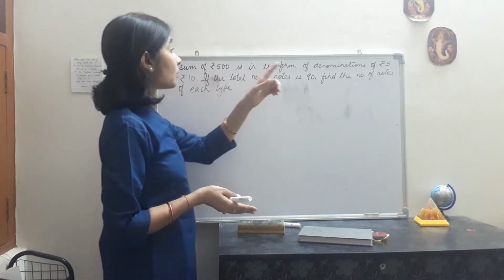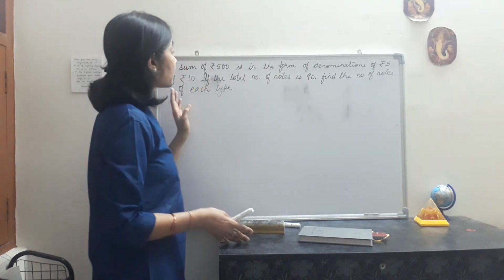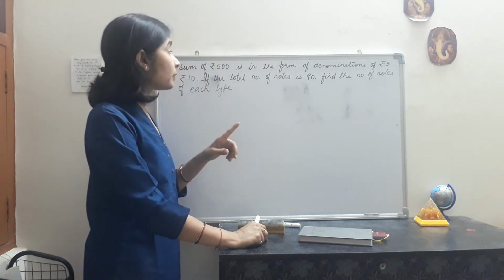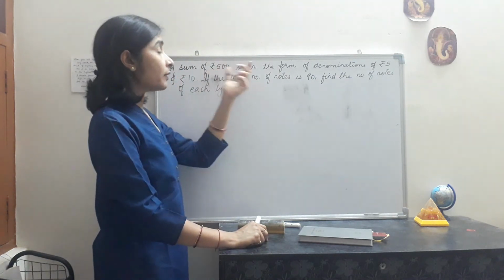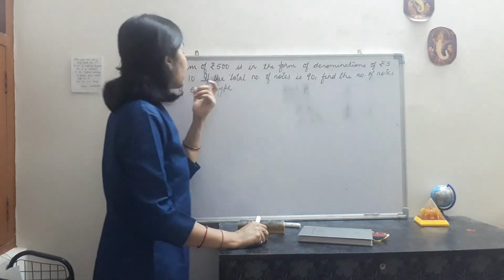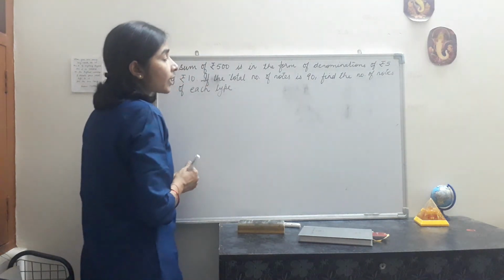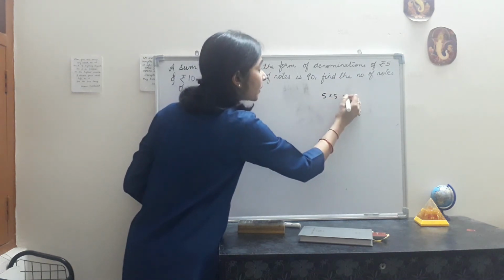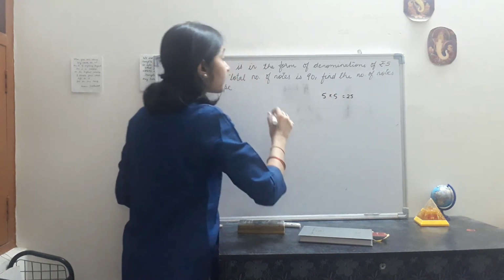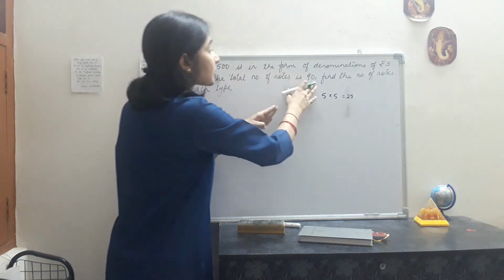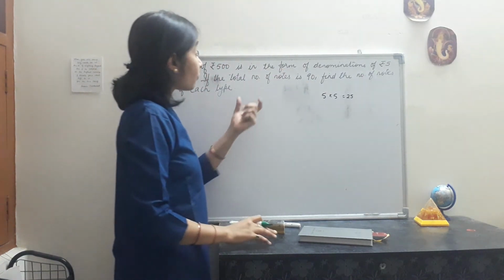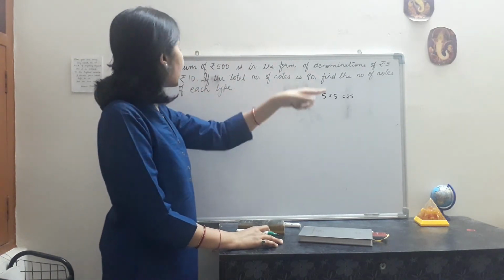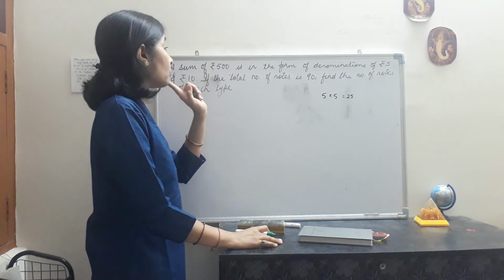So the same question is related to the same thing, that few notes are of 5 rupees and few are of rupees 10. If the total number of notes is 90 and the total amount is rupees 500, find the number of notes of each type. Now if I say that I have given 5 rupees note, then that will make 25. So total number of notes is 90, we know that. Now what we are supposed to do is find out how many 5 rupees notes were there and how many 10 rupees notes were there.